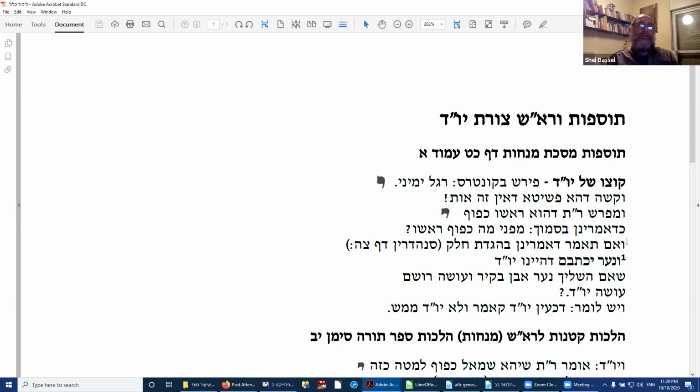V'im tomar. So Tosafot here brings a kasha on Rabbeinu Tam, right? They have to clarify something in order to support Rabbeinu Tam, so they bring him a kasha. If you will say, we say in the Agadah that's brought in Perek Chelek in Sanhedrin, where they quote a pasuk, "V'na yichtevem, v'hainu Yud, shemishlich nar even bekir v'yoseh roshem oseh Yud,"